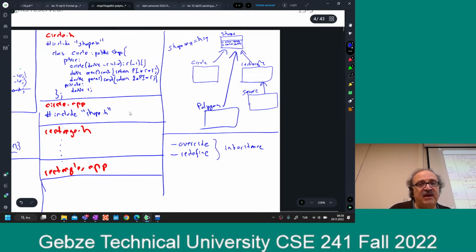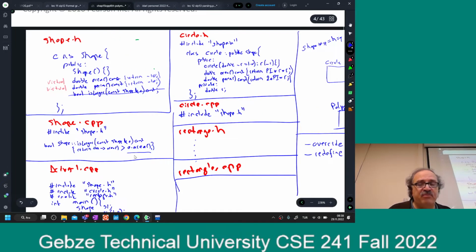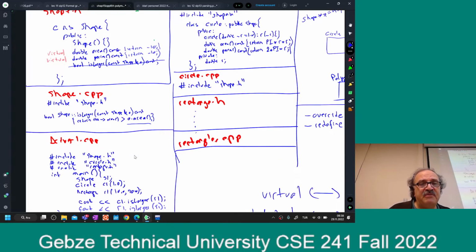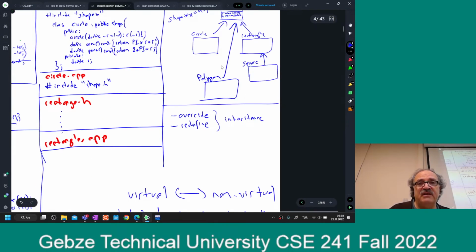And that way I don't have to think about polymorphism and that kind of stuff. But that is a problem. What is the problem? I cannot compare in that case a circle with a rectangle, right? How are you going to write the is larger for circle then? I mean, circle has to take